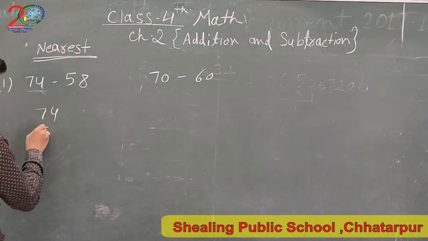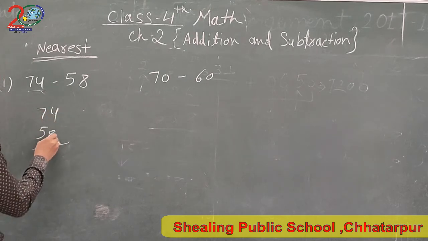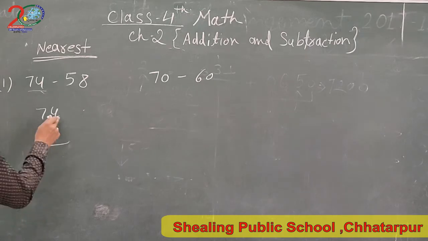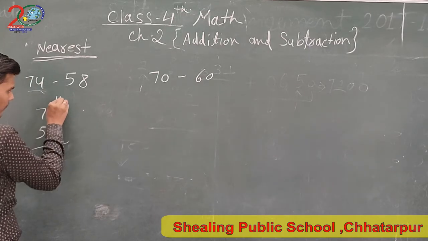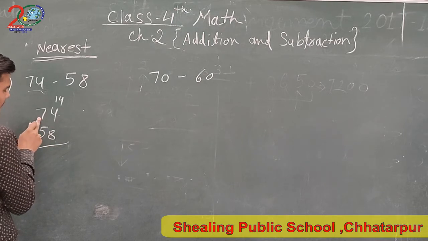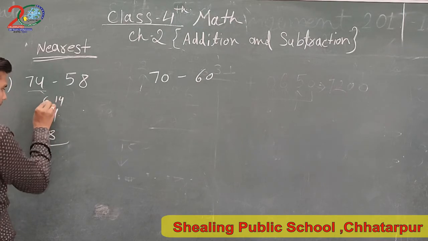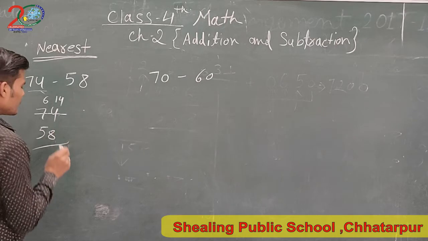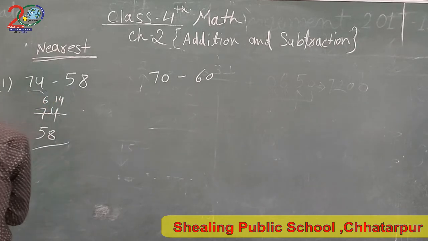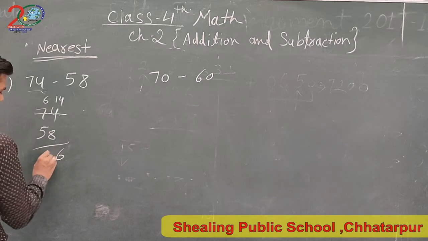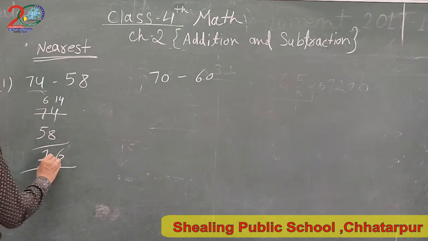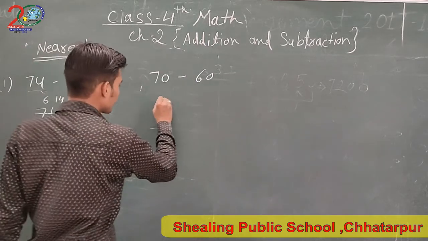Now we subtract 74 subtract by 58. So here is 8 and here is 4. So 4 is less than 8. So that gives the carry. Here is 1, here is 4 and here is 7. So that gives 1. So here what is left is 6. Now 14 subtract by 8. It's 6. Then 6 subtract by 1 is 16. That's the accurate form. Then it's a nearest form subtraction.